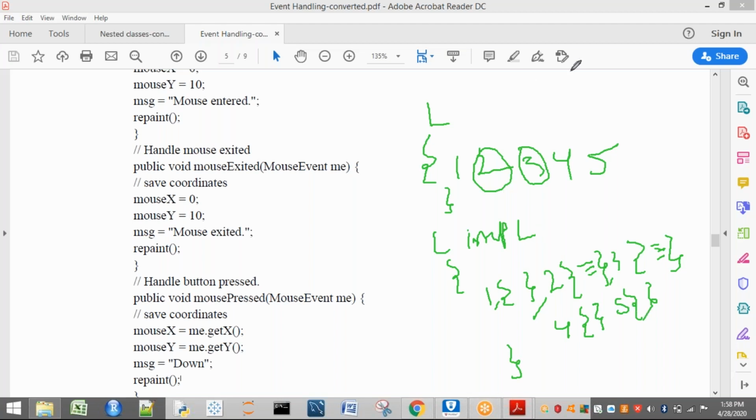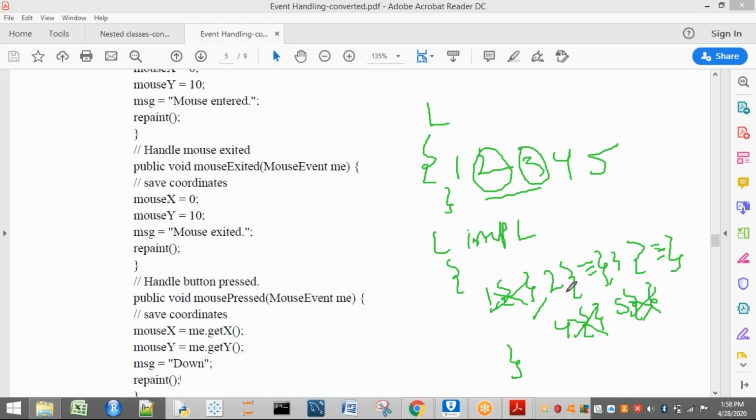I think you understood this. Only 2 and 3 are required, so why am I writing 1, and next 4, 5 with empty brackets? I want only these 2 things, so I am going for adapter classes.